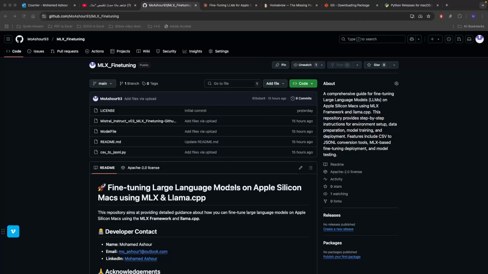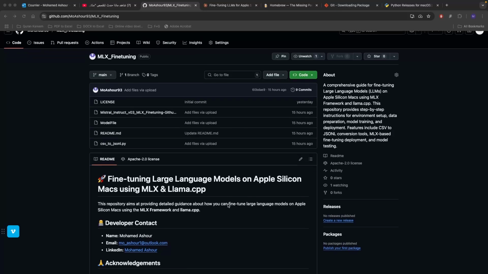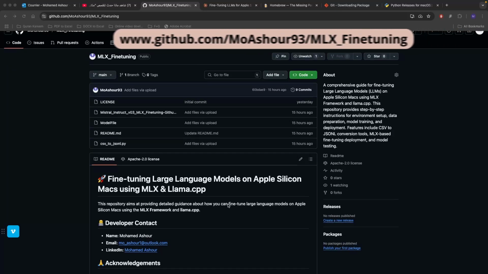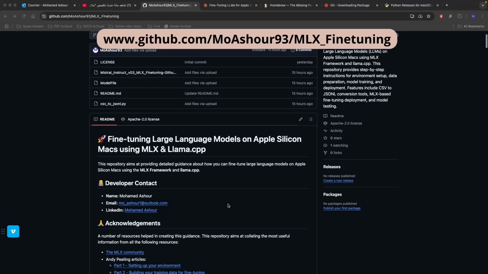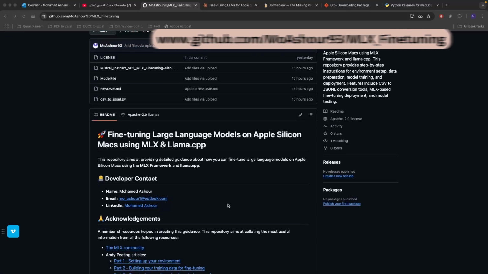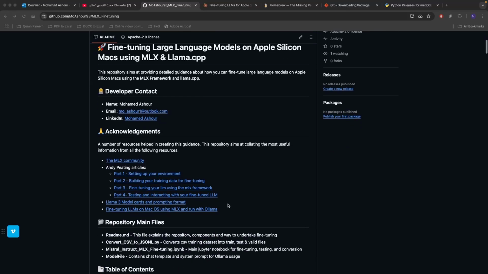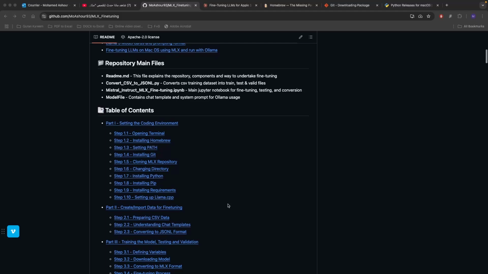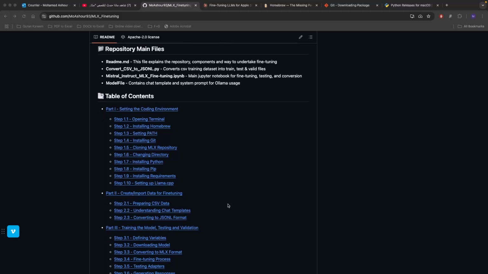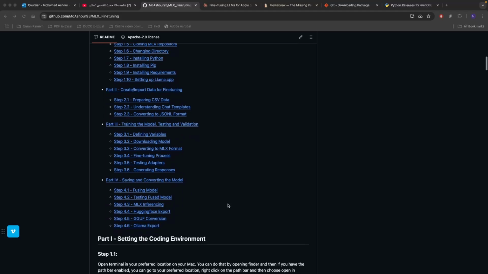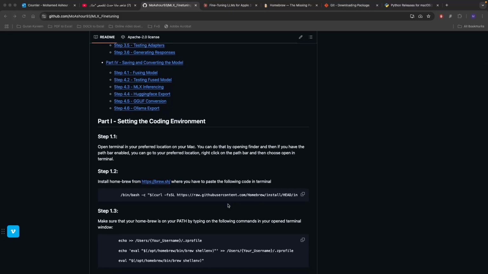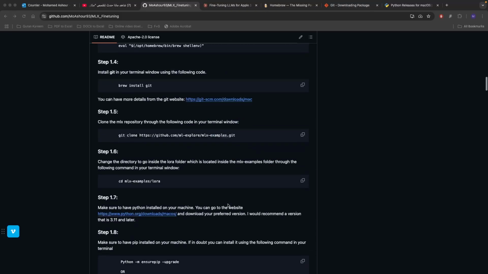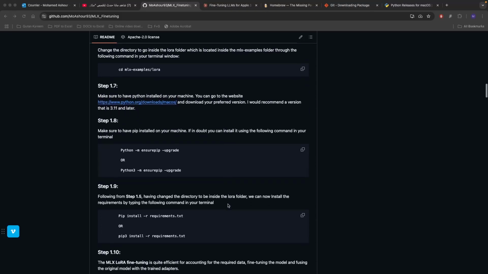All the code for today's video is available on my GitHub repository, which is available through github.com/moreshow93/MLX_fine-tuning. When you open this repository, you'll find a lengthy README file, which is going to take you through the whole process. It lists the acknowledgements and also has a thorough table of contents, including all the parts, and also delving deeper into each and every single part by listing what steps need to be followed alongside the relevant